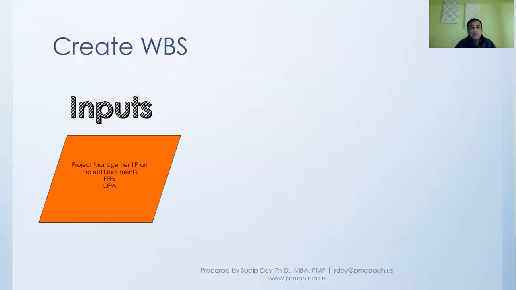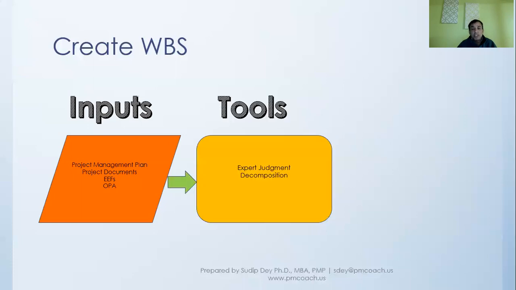In the create WBS process, the input we're getting is the project management plan. When we say project management plan, it is the scope management plan that we have just drawn, because project management plan is a combination of all the subsidiary plans. Then we'll have project documents, enterprise environmental factors and organizational process assets. The tools are expert judgment, because we'll be talking to different experts,